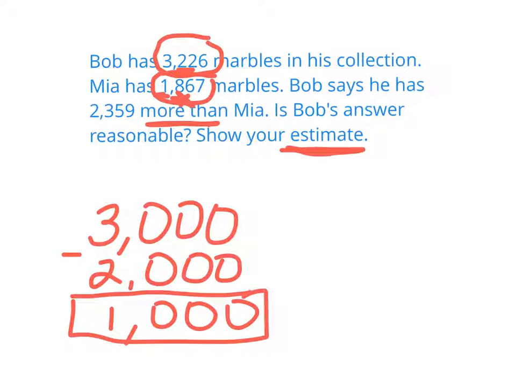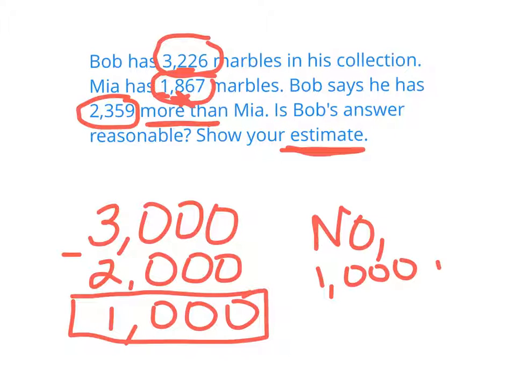Let's check that with what he got. He says that he should have about 2,359 more. Well, that's not really close to 1,000. That's a lot greater. So these two solutions do not match, 1,000 and 2,000. So is his answer reasonable? I would say no, it's not, because 1,000 is not close to